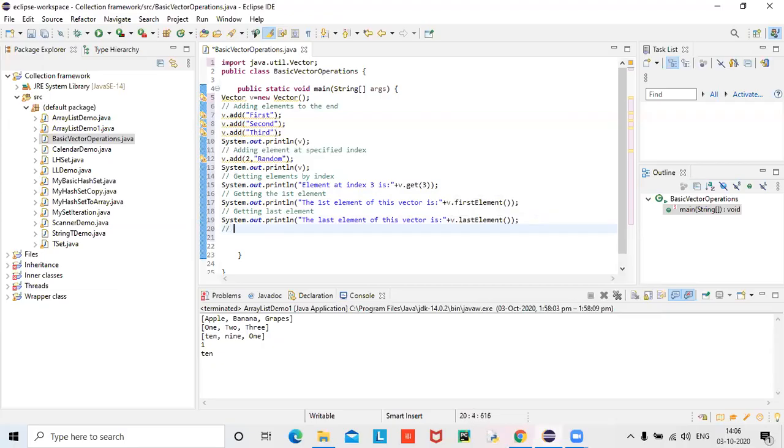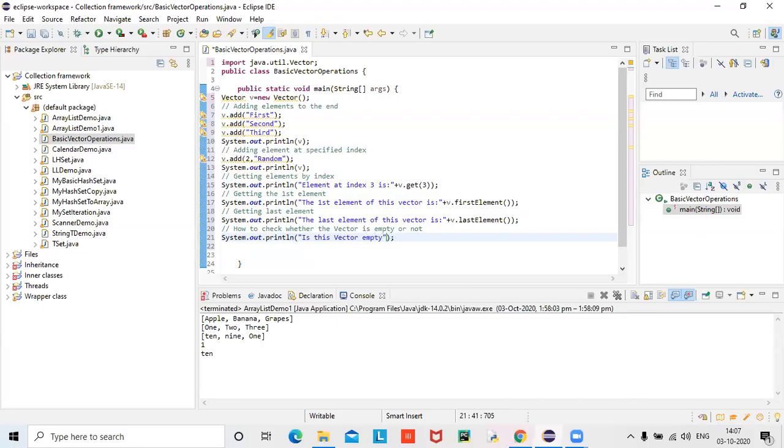How to check whether the vector is empty or not? Is this vector empty?